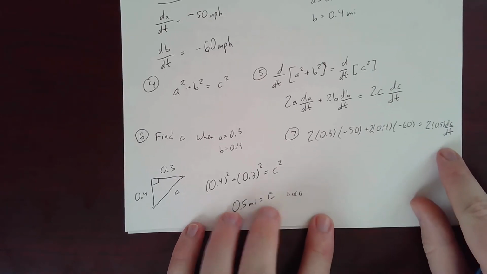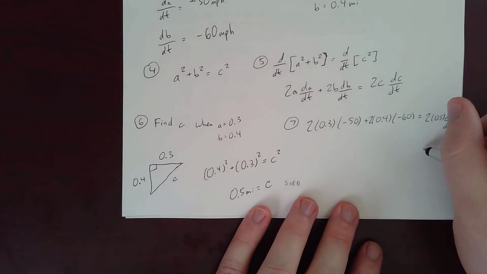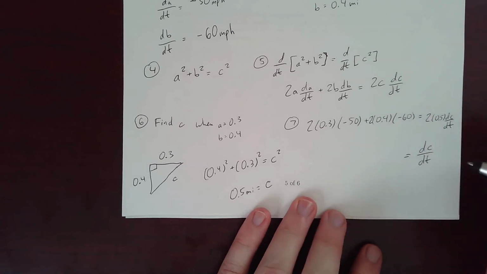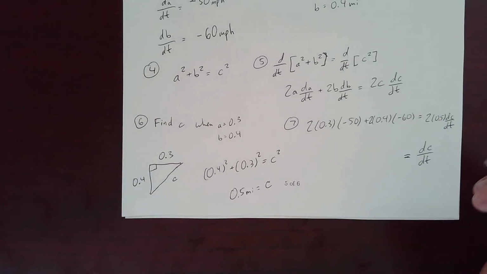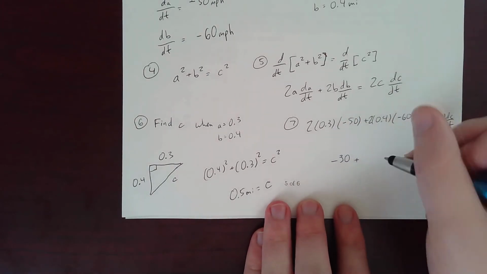Well, 2 times 0.5 will just give us dc/dt. So on the other side, we just need to plug things in. So we got 2 times 0.3 times negative 50, which will give us negative 30, plus